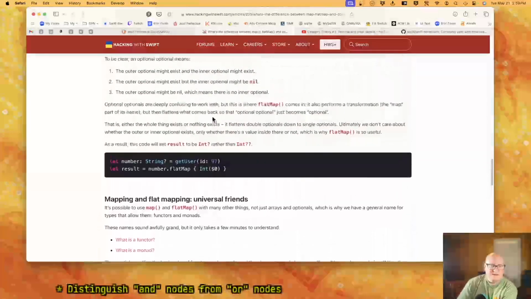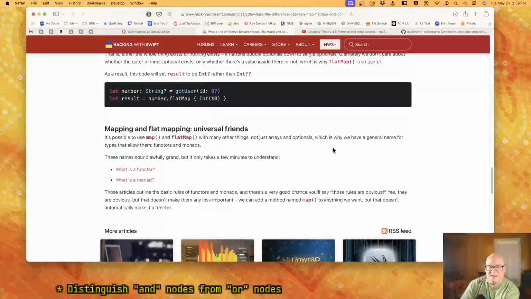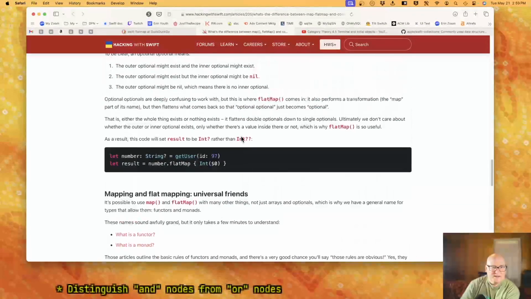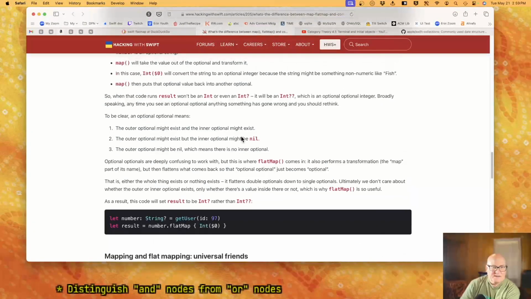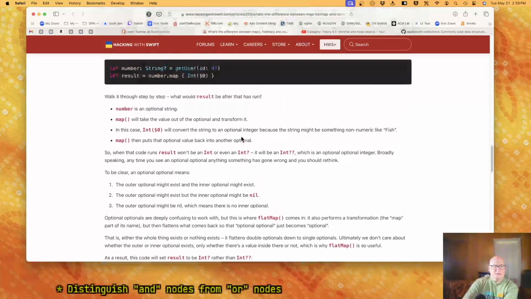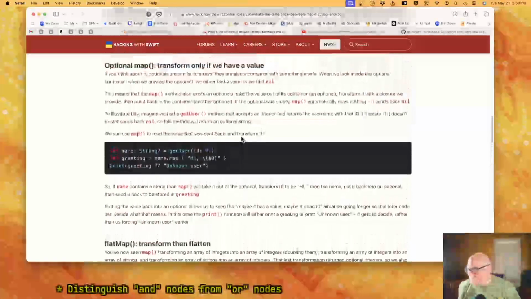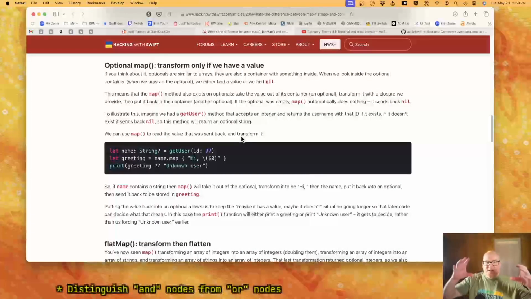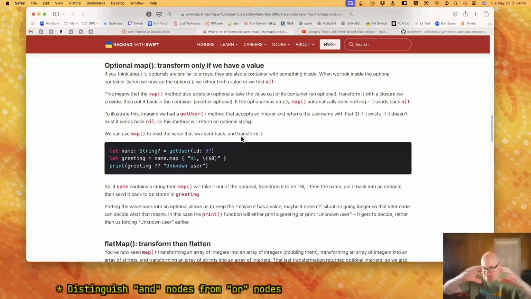Yeah, I'm not going to get into monads. Well, flat map also, given a list of a list, turns it into a list of the insides of those lists.